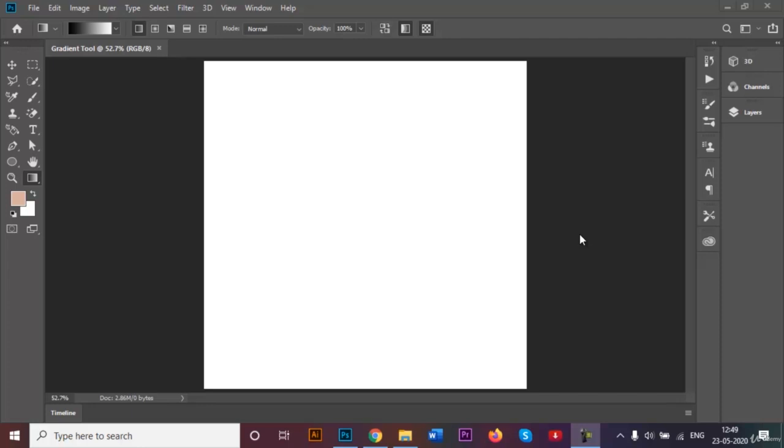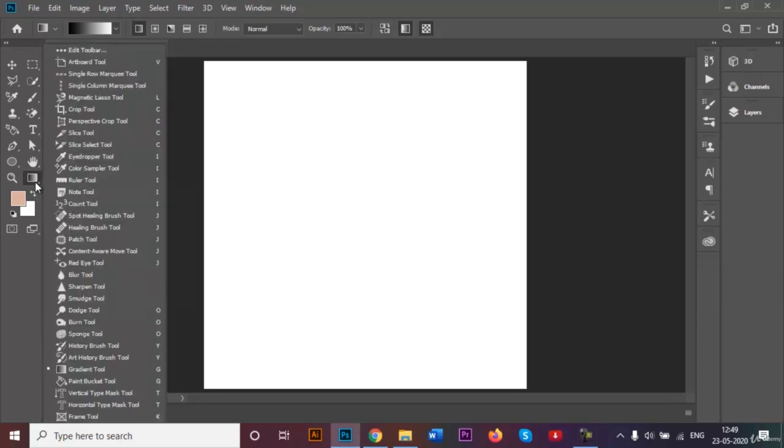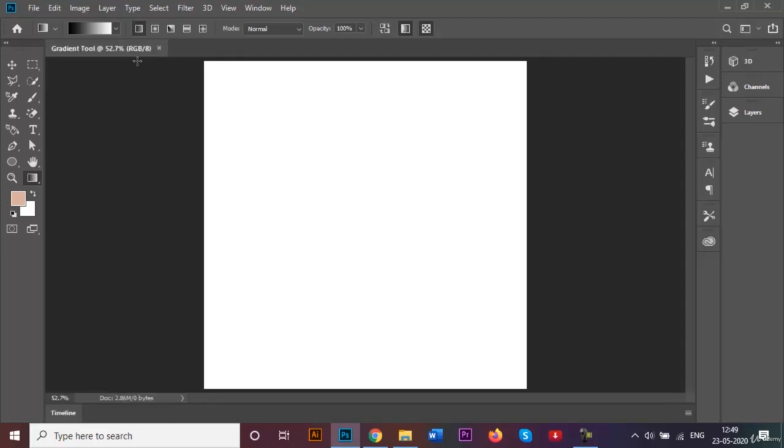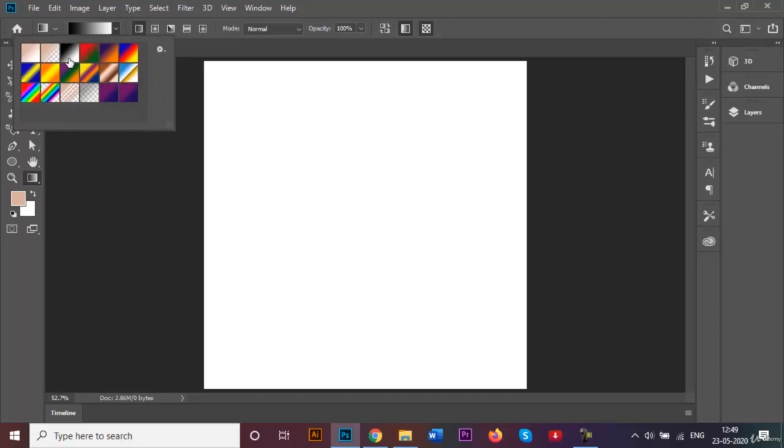Right, so there are two ways where you can apply the gradient tool in your document. The first method is coming over here and finding the gradient tool right here. The gradient tool is over here, and the shortcut key for this tool is the letter G. As you can see by this drop down box, there are some already preloaded gradient colors right here, but we can